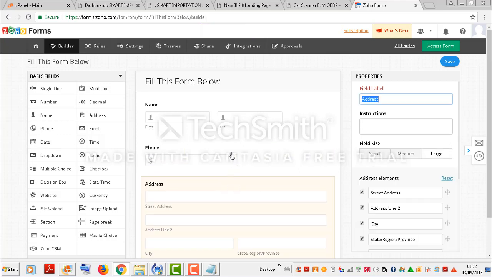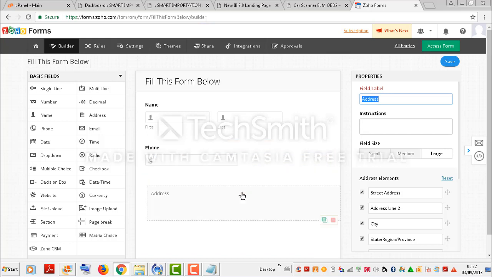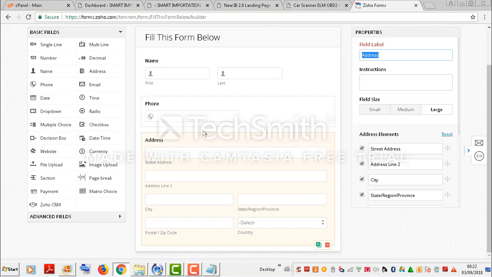So you can move this one up, you can also bring it down, but I like it to be the last. Now what you should note here is we have address, street address, address line 2, city, region, state, province, zip code, and country, and all those things. So we don't need all this stuff here. We only need the street address, the city, and state. We don't even need country,